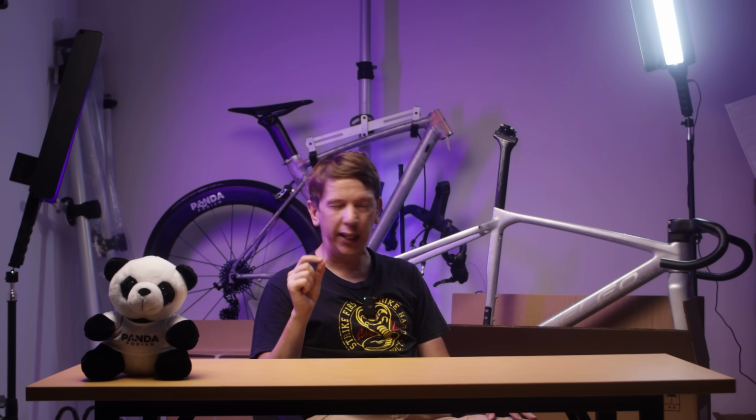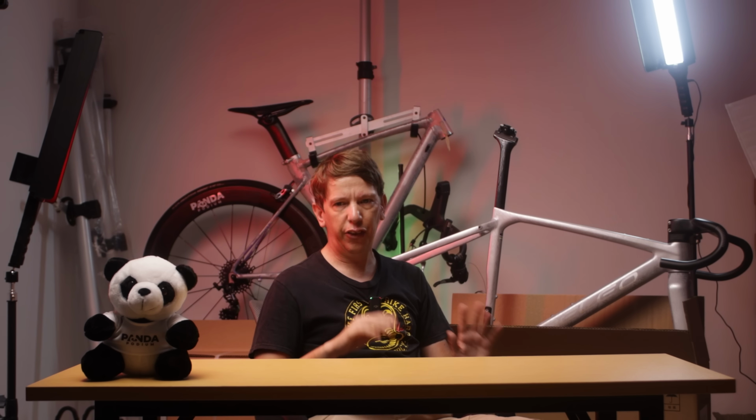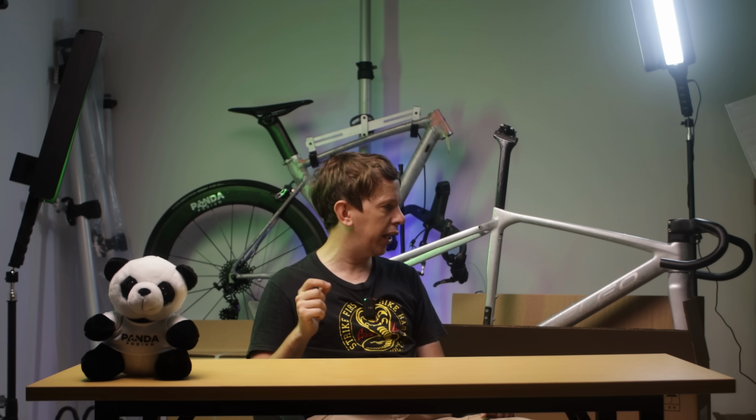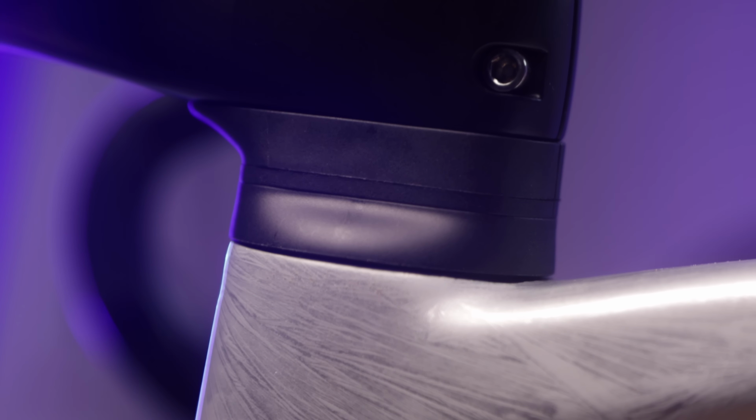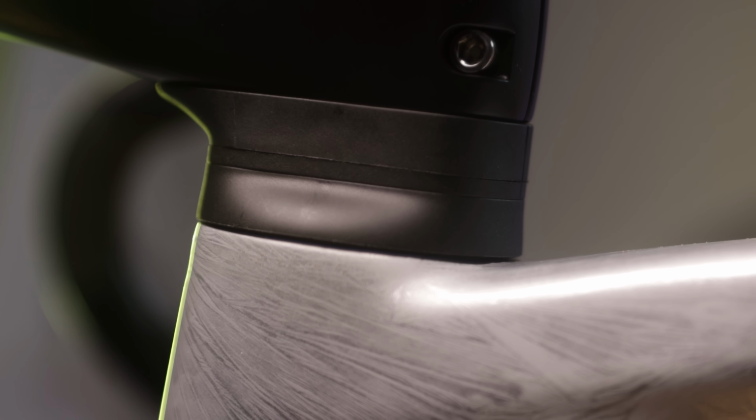And you can adjust it down to like 0.5 millimeters. Nothing I've seen on another frame before, and I think it's a really cool feature. And as you can see, I've got the gap down on this to just a tiny hair's width, which means obviously gravel, you're riding it in the mud, you're riding it in the rain, it's fully internal cable routing, so